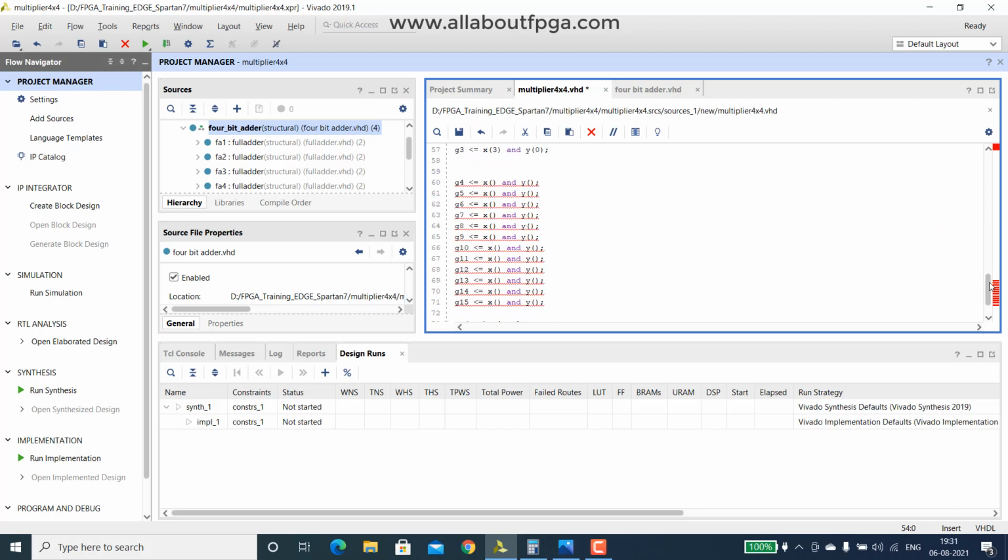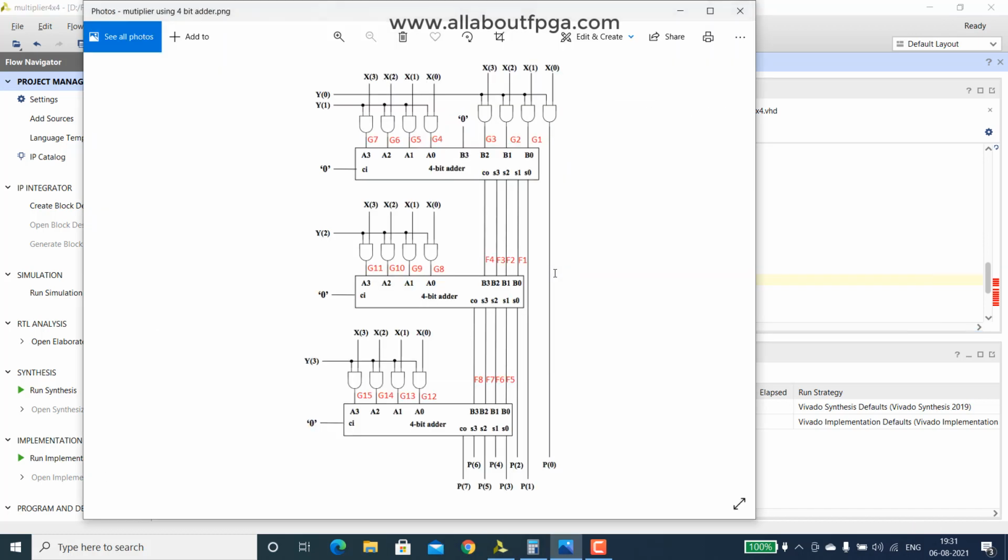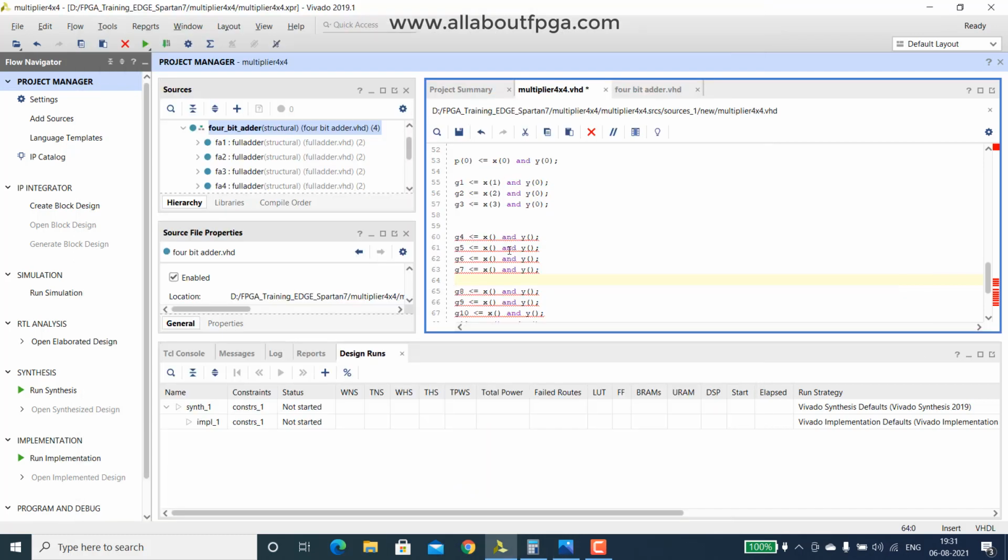Then we have these 3 gates. Then we have another 4 gates, that is G4, G5, G6, G7. All of them have the Y1 input with X0, X1, X2, X3 as the other input. So I name it here Y1. Okay. Next we have X0, 1, 2, then 3.